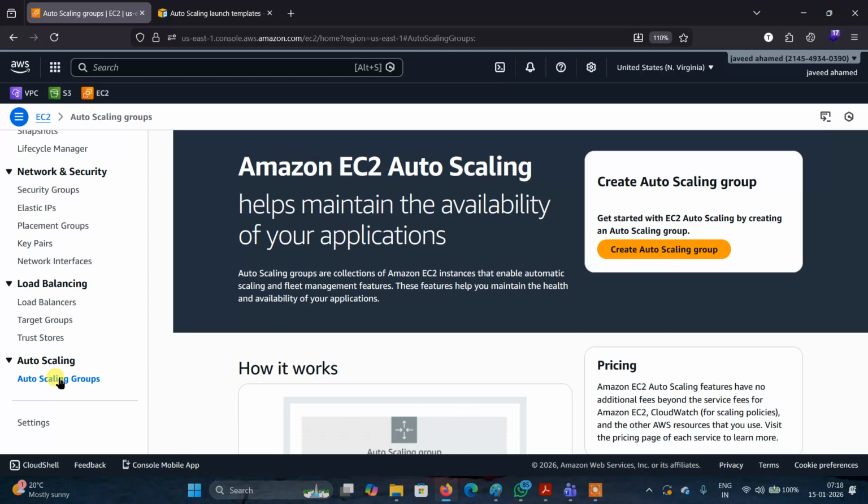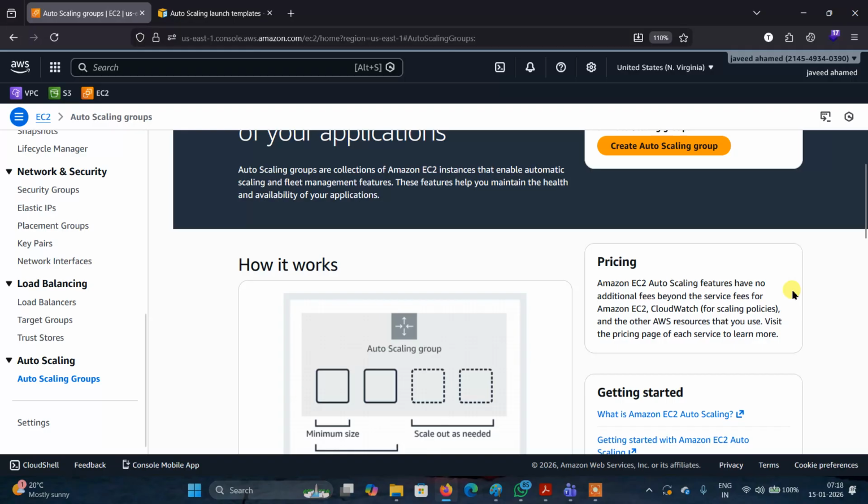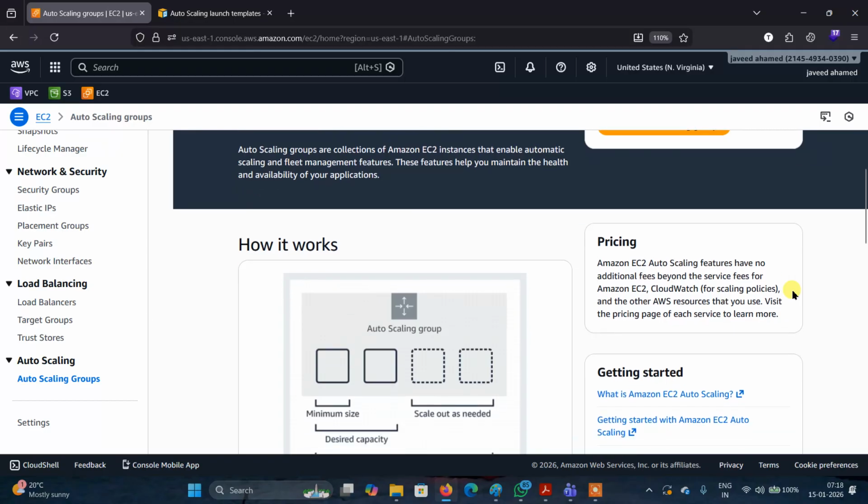Understand? If the EC2 has an issue, a health issue, then it will be removed and replaced with a new one. You understand? What does that mean? I have some servers running in the background, which run the web application. If a server has any issue, maybe a hardware issue or software issue, some health issue, it will be replaced with a new one.